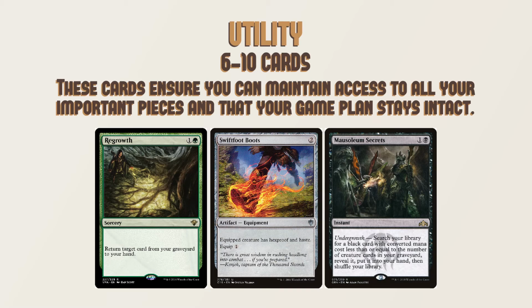Yep. Another example we talked about is Swiftfoot Boots. And if you don't know what that does, it's 2 generic mana for an artifact equipment. Equipped creature has hexproof and haste, and it has an equip cost of 1 generic. So obviously, not only is your creature going to be able to hit faster if you need it to, primarily, this card is run for the hexproof, I would say,